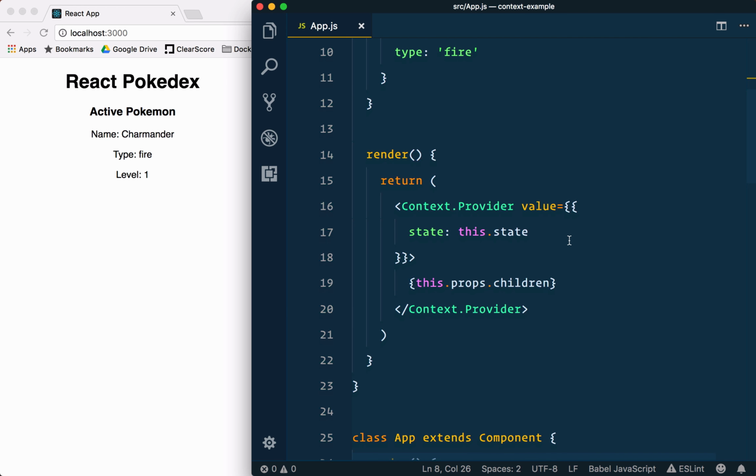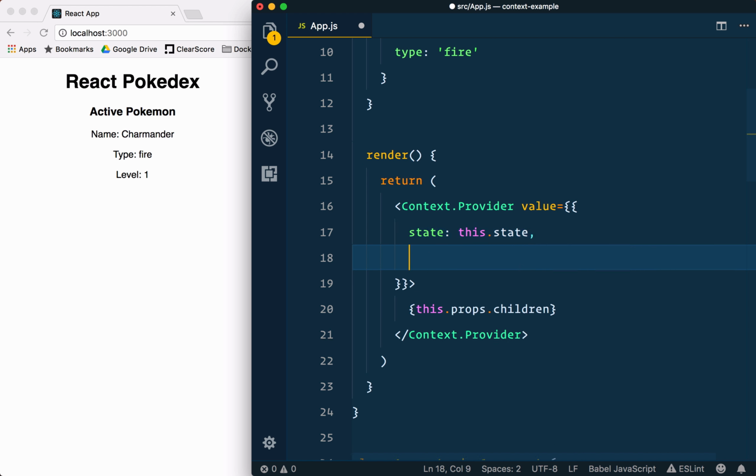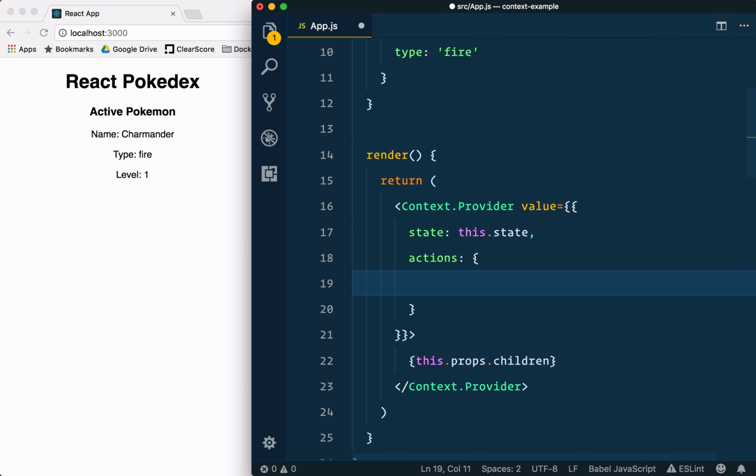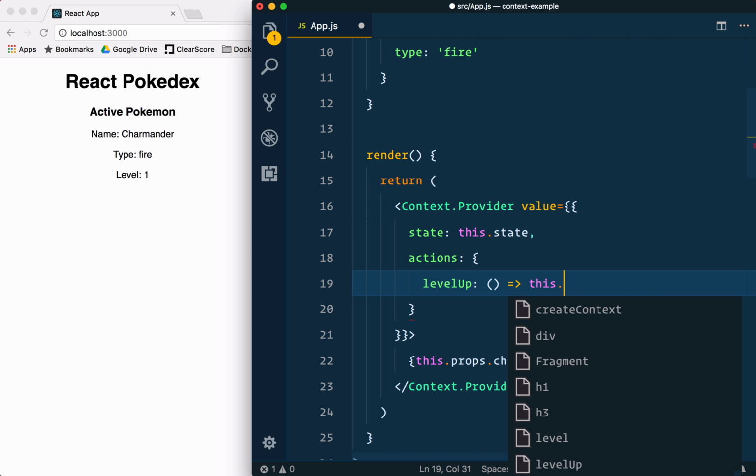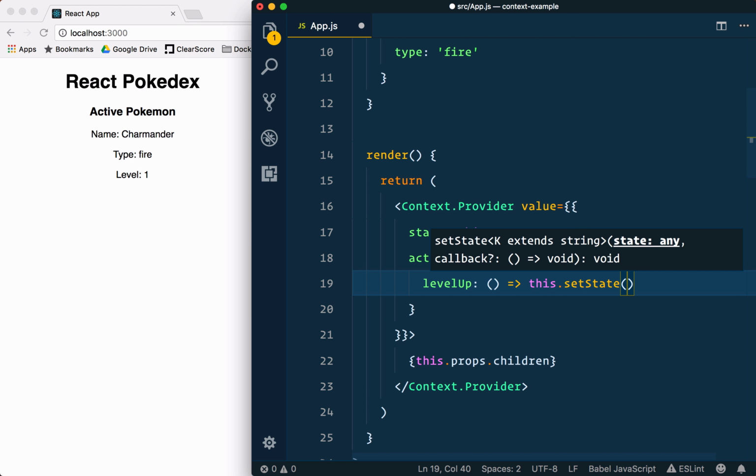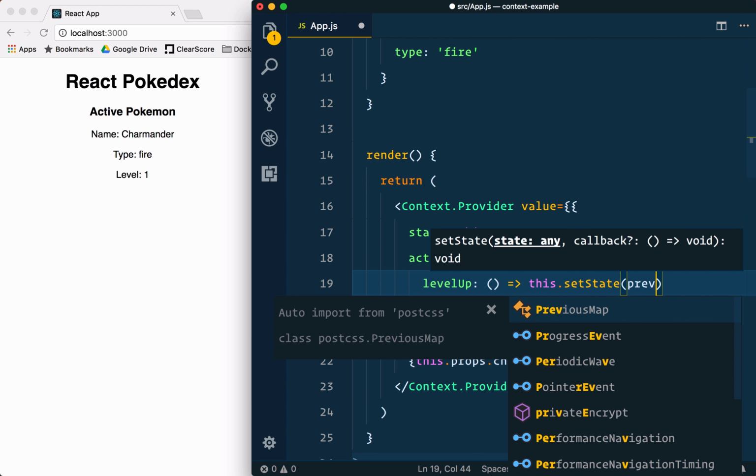We can actually take this another step further by passing data back up the React tree. So what we're going to do here is allow the Pokemon to level up. And now I'm going to create a new key in here called actions. And again, this can be called whatever you want. I'm just following the kind of practices I picked up from Redux. So we're going to have a level up key, which will be an anonymous function that calls this dot set state, and we're going to use the callback version of it,